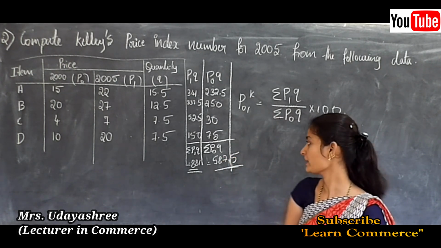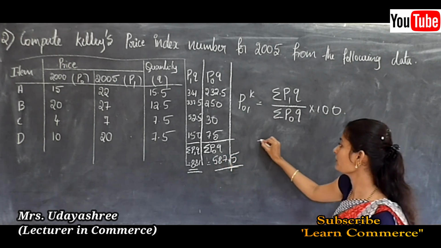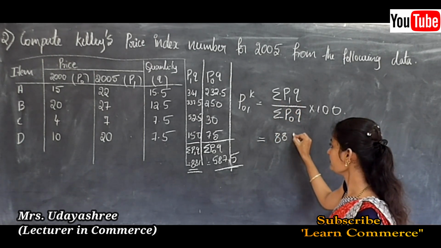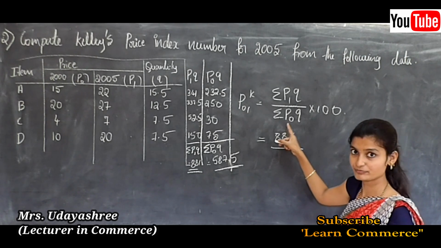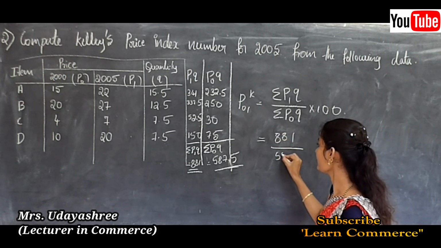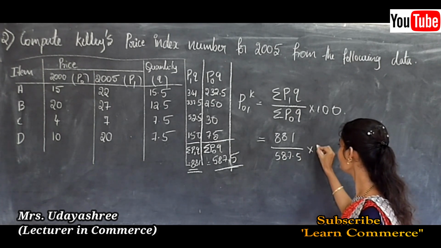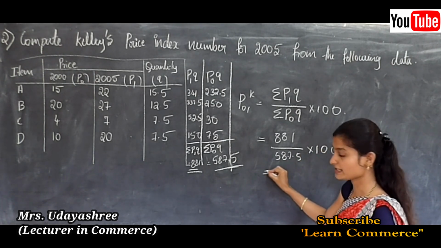587.5. Okay, now substitute these values in the formula. That is sum of P1Q is 881 divided by sum of P0Q is 587.5 into 100. Then the final answer is